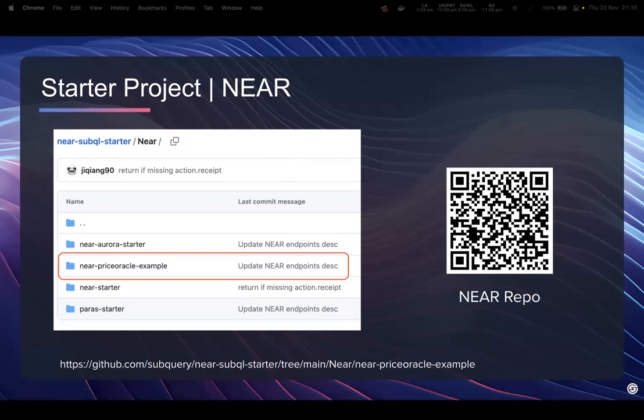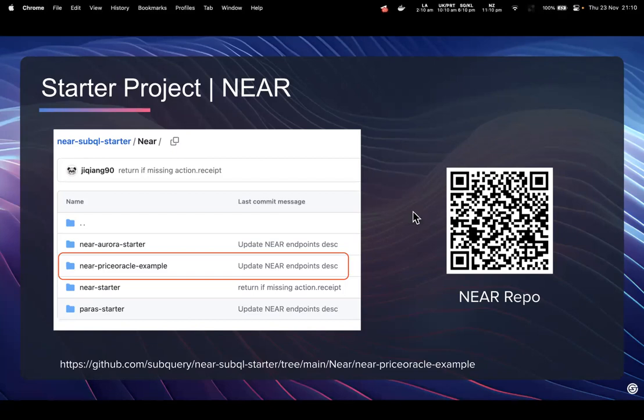It's basically a link to a GitHub repository, the Near folder. So check this out, I'll put it in the chat like so. And this is the starter project that we're going to use in our project, right?